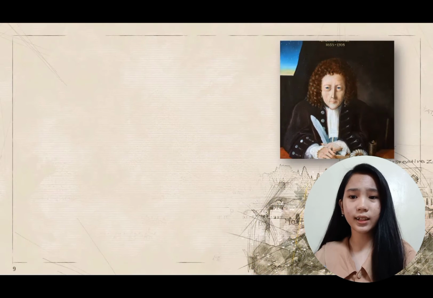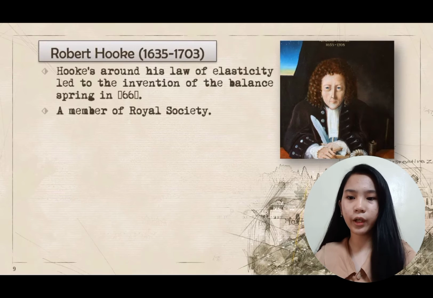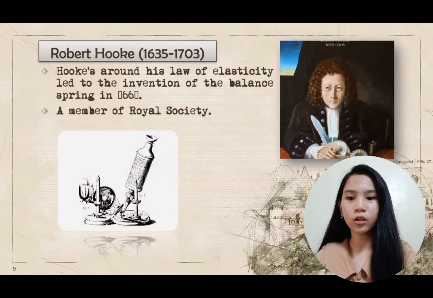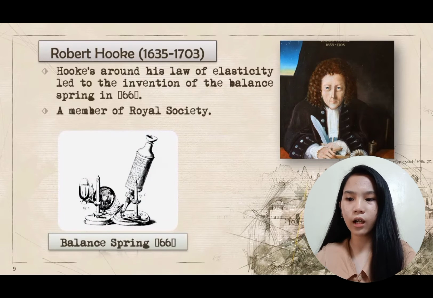For our second scientist, we have Mr. Robert Hooke. He's known for inventing the balance spring and also for the law of elasticity. Aside from that, he is also known for coining the term cell. Cell is the basic unit of life. He coined this word because when he looked under the microscope at a tiny slice of cork, he saw tiny small holes with walls that looked like the cells of a monk. Therefore, the word cell arose.